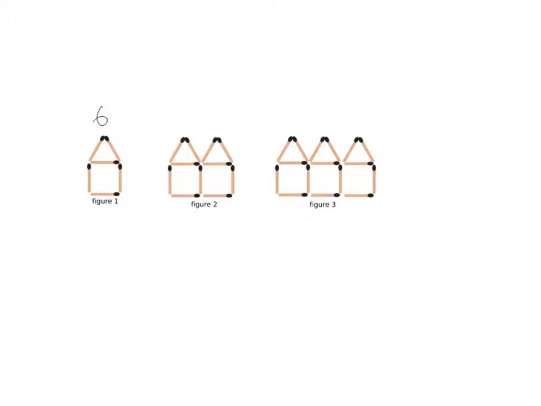If we look at figure 2, you can see that you've taken the little house that was in figure 1 and then you've added on 1, 2, 3, 4, 5 more matches. So you've got 11 matches. Taken the 6 that were in figure 1, added on 5, and you get to 11. And then if you have a look at figure 3, here you have all the matches that you had in figure 2, and then you added on exactly the same, 1, 2, 3, 4, 5 more. So what you're going to have here is